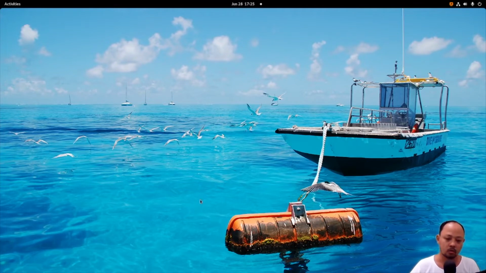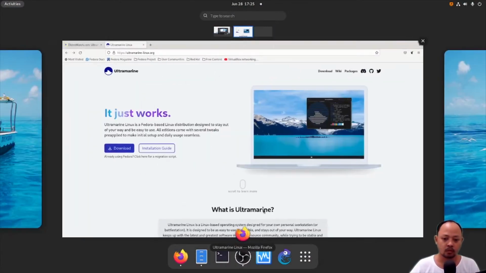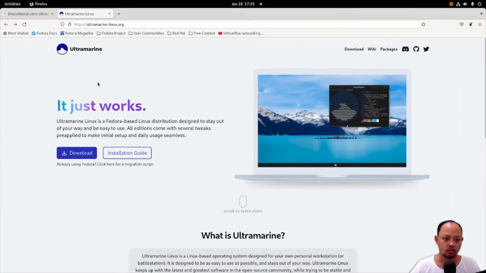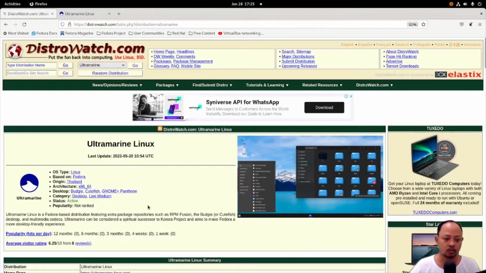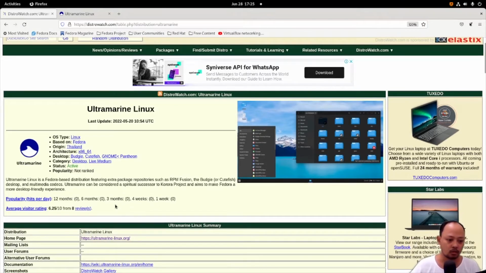In this video, I will try to install the Ultramarine Linux distribution. So, what is Ultramarine Linux distribution? Let's go to DistroWatch. Here, we can see that Ultramarine Linux is a Fedora-based distro, and this distro is bundled with some desktop environments.